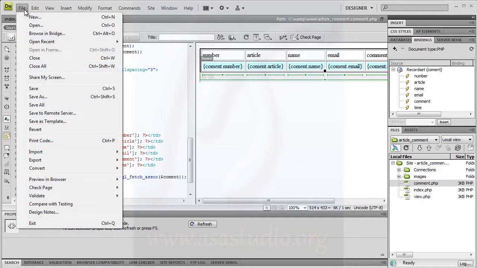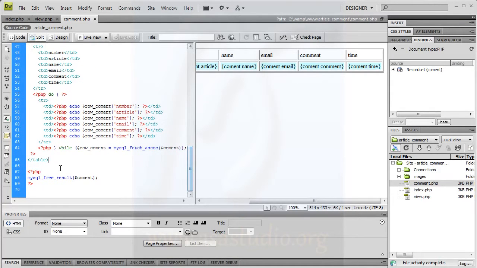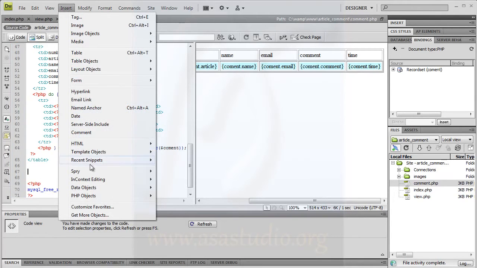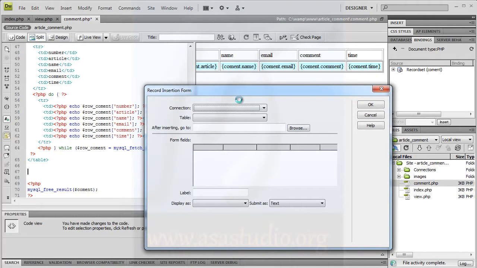Now if I save all and go to the web browser, reload, now I have this table. Okay, now I need a form here. I need a form for my comment. I go to here, the bottom, and I go to insert and data object and insert record from wizard. Okay, I click this, and now I have this dialog,